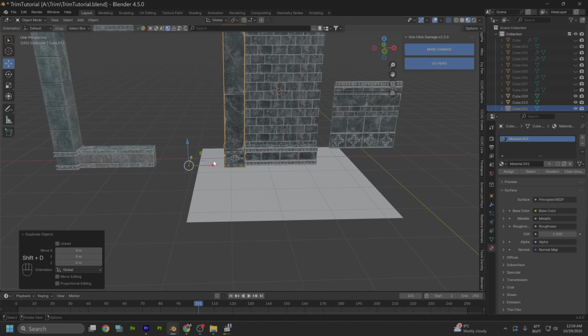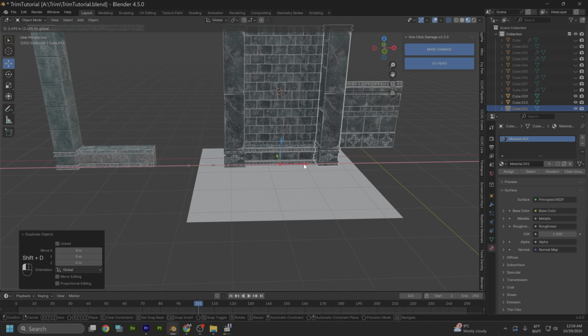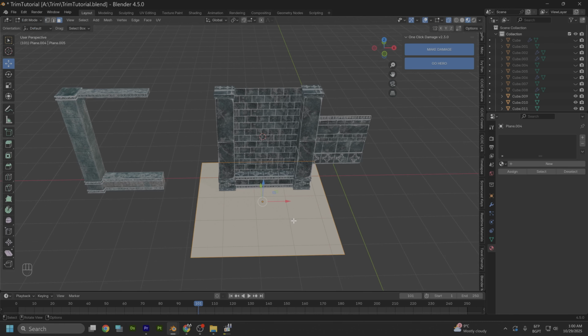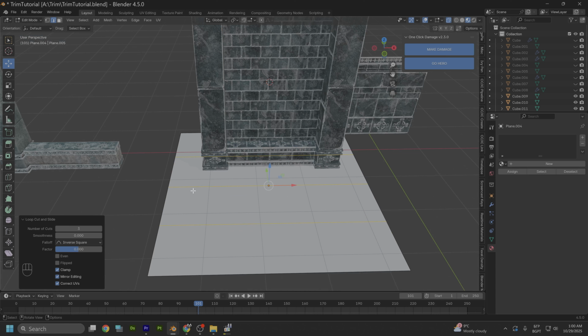Let's shift D, duplicate this pillar. Let's move it on the other side like this, and let's select this, edit, and we're going to add 3 loop cuts, sorry, H, and let's add the material,